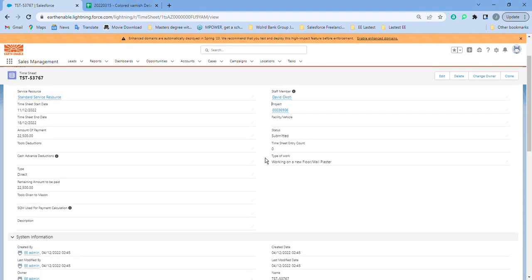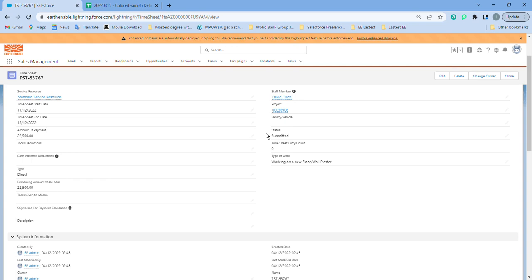Yeah, so there are a bunch of other fields here. All these for the facility and total deduction fields and cash advance deductions, these will be introduced as we start deducting the